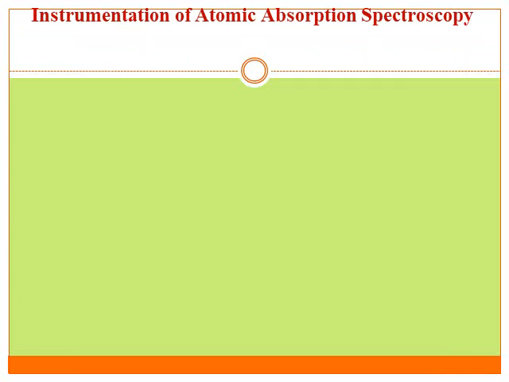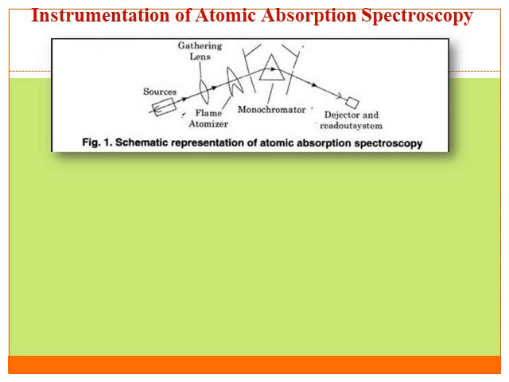Now, instrumentation of atomic absorption spectroscopy. This is the schematic representation of atomic absorption spectroscopy, where you can see very clearly the source. The source is your atomizer with the gas units, oxidant, and the fuel units, and the nozzle, where sample is introduced in the form of small